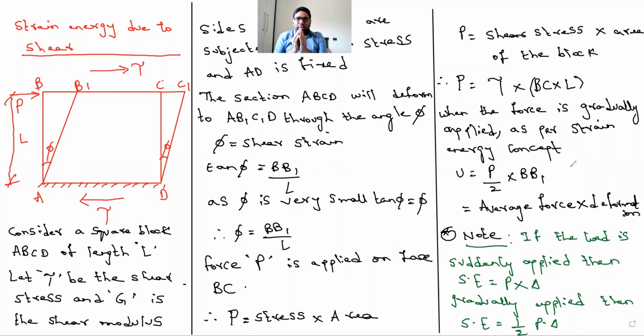So there is an object. I'm holding a ball in my hand and I'm dropping it down. So it's a suddenly applied load. Whatever force the ball is carrying through my hand will exactly pass on to the ground with the force I hit it, without any deviation. That is a direct load applied. So that is a suddenly applied load. And if you want to calculate energy, it will give the product of force multiplied by deformation. That is nothing but the area under the load deflection curve.